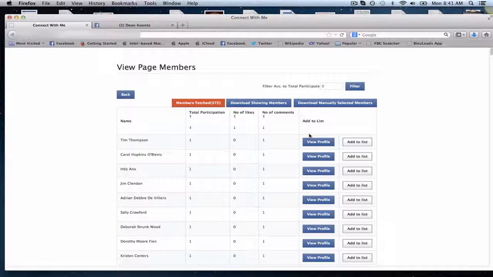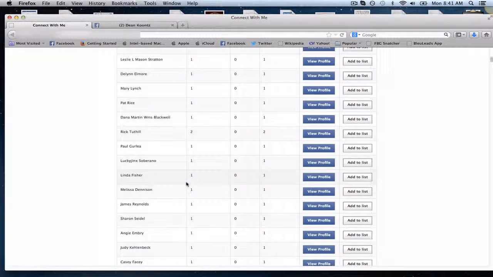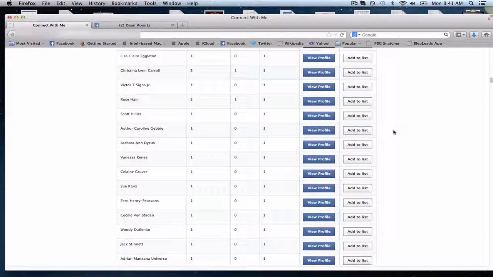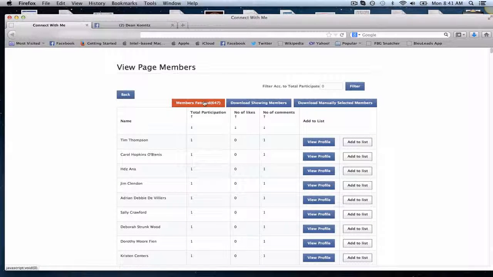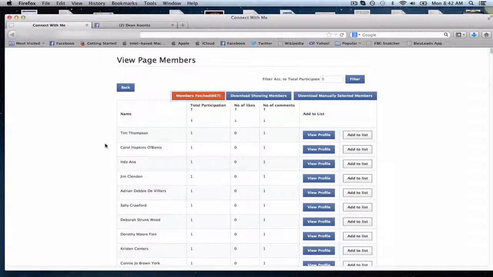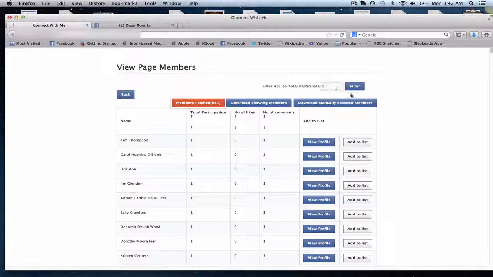Right, let me get a sip of water while this is pulling. All right, it'll continue to fetch, and I'll just kind of scroll down so you can see, and scroll back up, and for here I'll just pause it. This would pull all the people that are on that post. If you just pull the huge group all in one click on the actual screen that was before, that happens in one click and it takes about 10 seconds. Now if you're pulling these individually so you can go advanced with them, it does take a little longer.